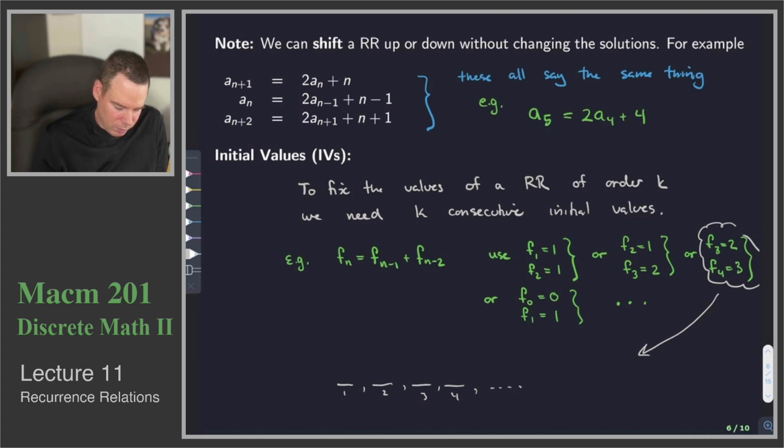I know that f of 3 and f of 4, that's 2 and that's 3. So maybe I won't do the and so on yet. I will put a few more terms in here. Then knowing those two consecutive values and the relationship between the terms of the sequence, we can get the rest of them. We can go 2 plus 3 is 5, 3 plus 5 is 8, 5 plus 8 is 13,